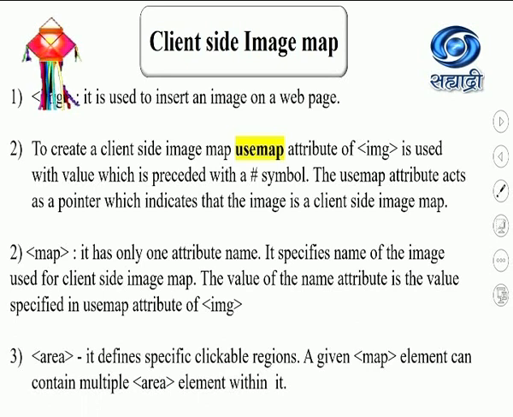So let us see the next tag that is required, the area tag. The area tag will specify the clickable region, which we call a hotspot. And here along with the map tag, the area tag is a must for creating client side image mapping. So the tags required for creating client side image mapping are the image tag, map tag and area tag. You must remember these tags as well as the keyword usemap and the hash symbol for this SOP. So let us see how we can do this SOP.